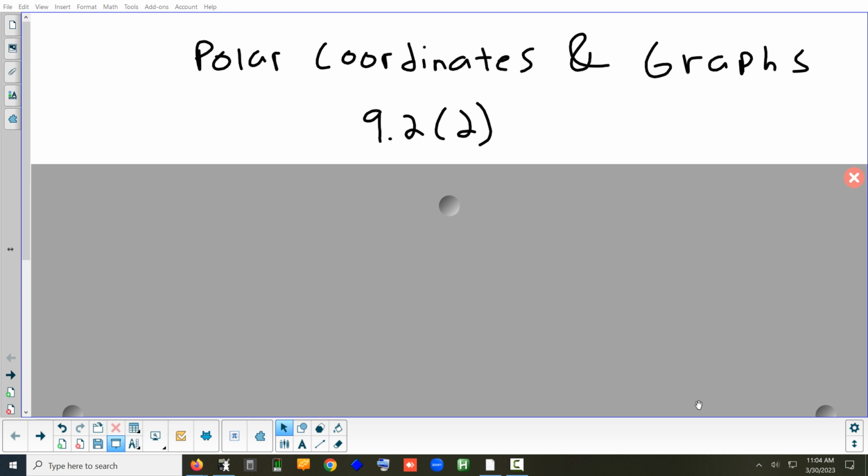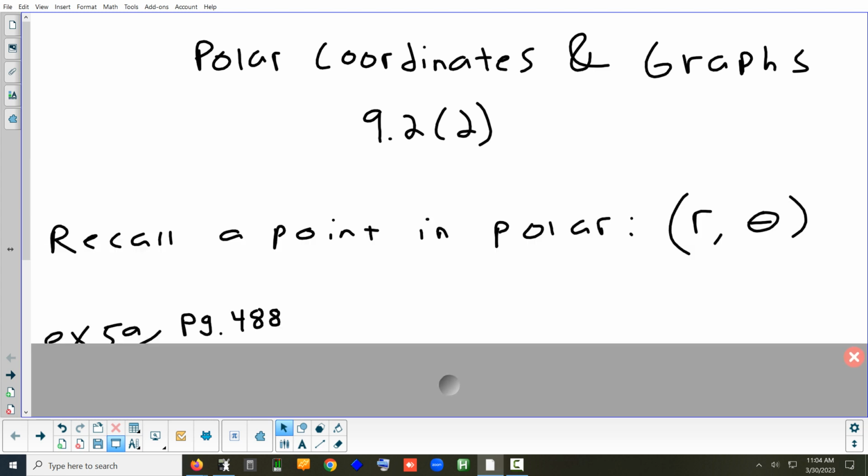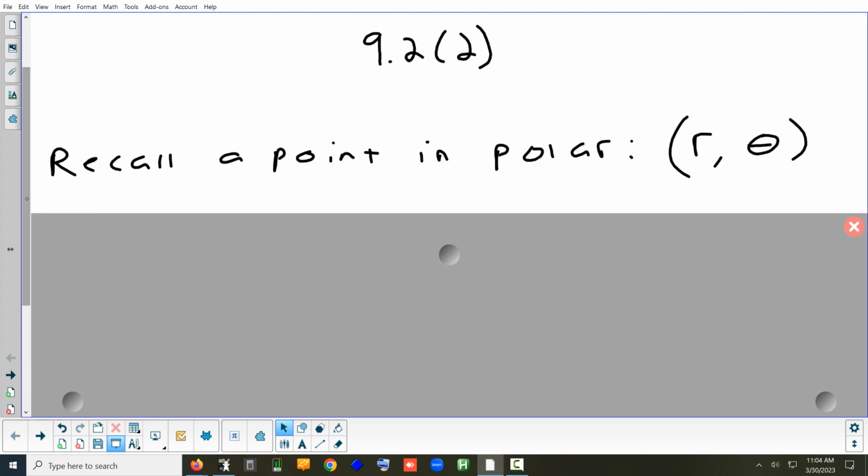So we're going to finish up 9.2, part 2. And this is where we're going to start to look at some of the graphs we can do in polar form on the calculator, and also converting between polar and parametric, function and parametric, converting between everything, all the different formats. So remember, when we write a point in polar, what you're given is an r value and a